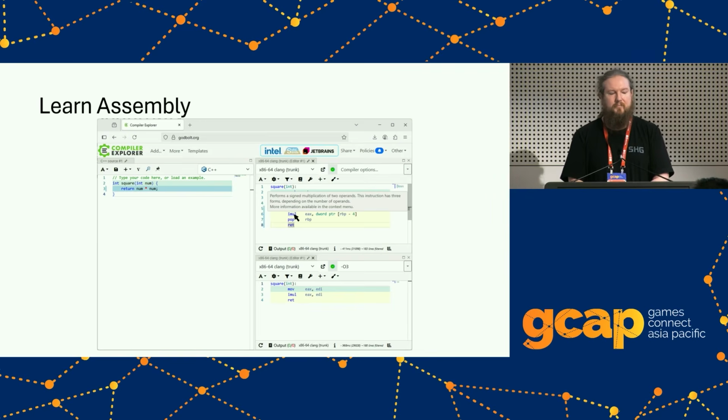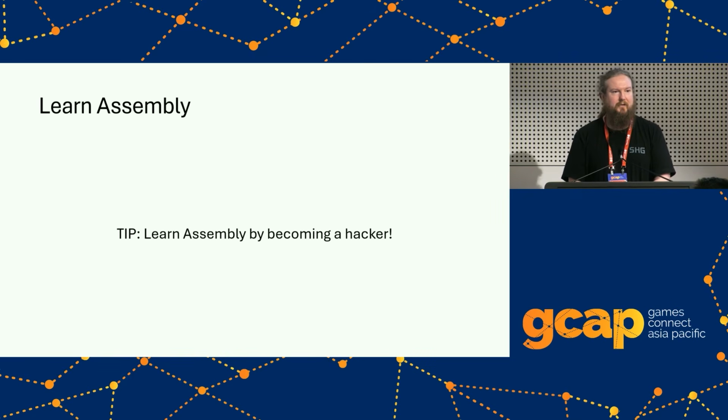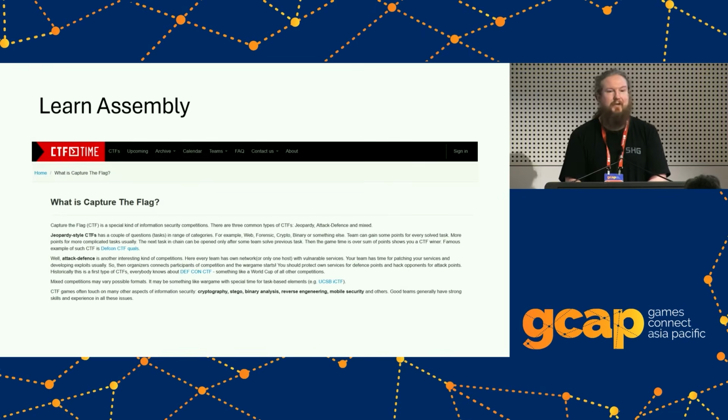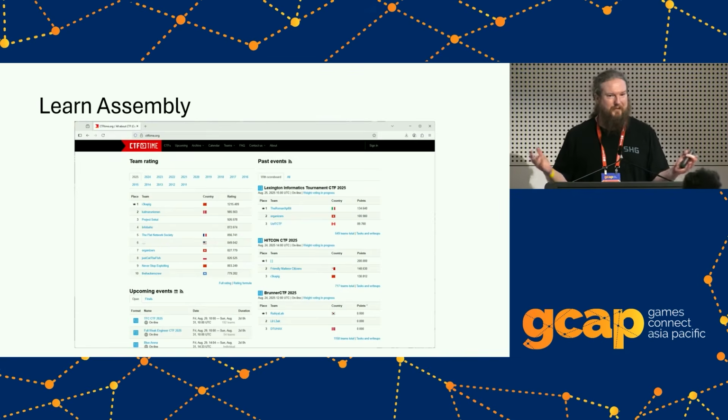Another really fun way to learn assembly is to become a hacker, or more specifically, become a white hat hacker. We're not doing anything malicious. And the best way to do that is get involved in capture the flag challenges. There's a bunch of different types of them. The most common one that I play are Jeopardy ones, where a team will put up a bunch of different challenges and then you try and solve those. The challenges exist in many different forms, from cryptography to web to reverse engineering to binary exploitation. And for assembly, it's a lot of binary exploitation, a lot of reverse engineering. These are very competitive things, so teams are doing this every weekend, jumping in, competing with each other.